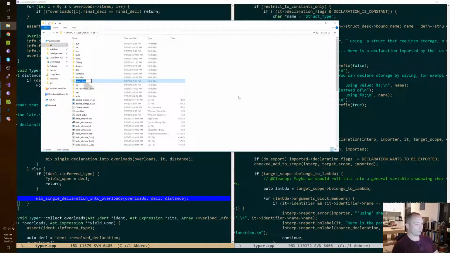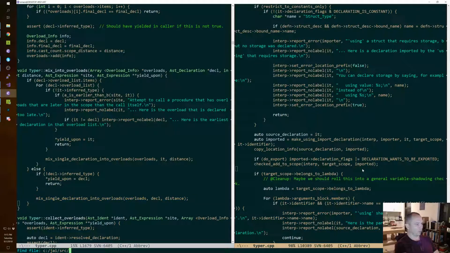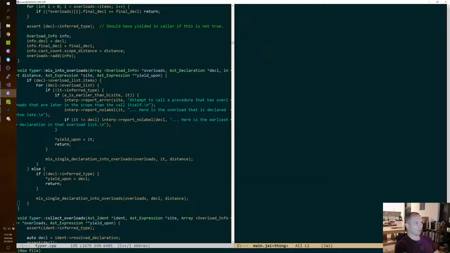Let's make a folder called thing. I'm going to import thing1, not import load, and load thing2. Thing1 and thing2 are going to be two files, each with their own scopes.